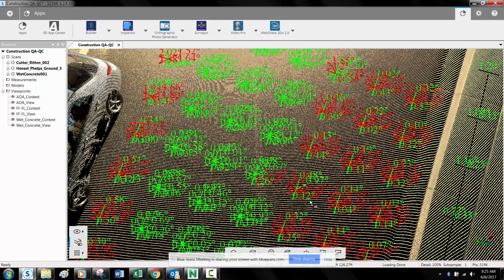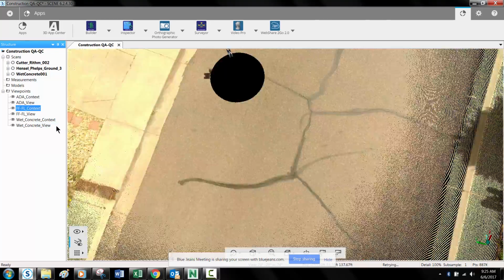Yeah, you got the idea, Sean. So we're going to jump now from the ADA inspection to the floor flatness and floor levelness. By right-clicking on FFFL context and hitting activate,